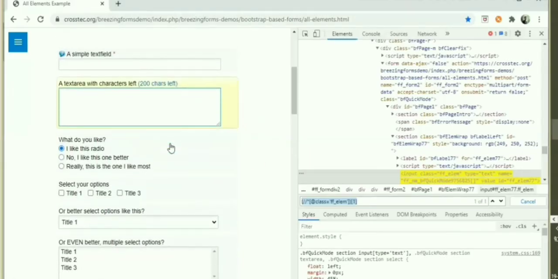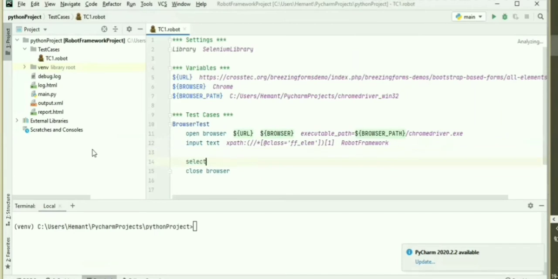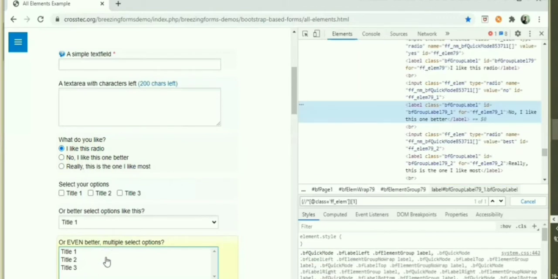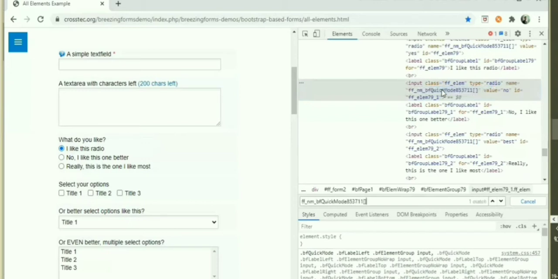So guys, now just move to the radio button. After putting the value in the text field, let's suppose I am using any of the radio buttons to give the value. To use the radio button we use the select keyword, Select Radio Button. After using this Select Radio Button we need to give the locator. These are my radio buttons. Right click on this, inspect this, and let me go for the name. So this is a name tag value. Copy this value.